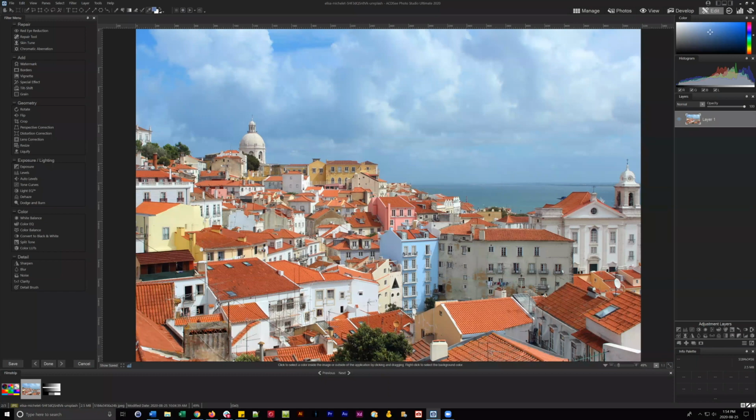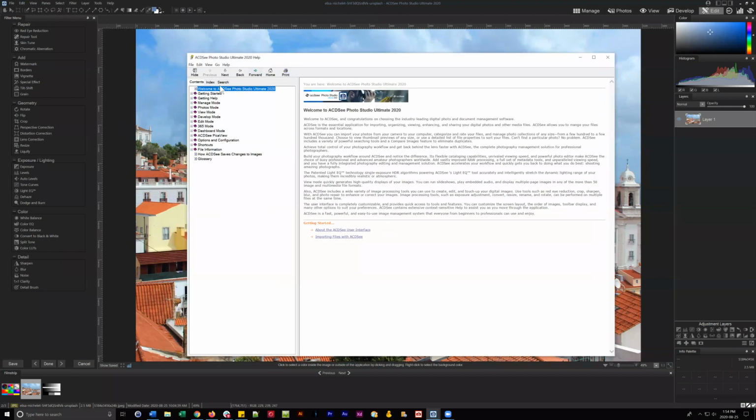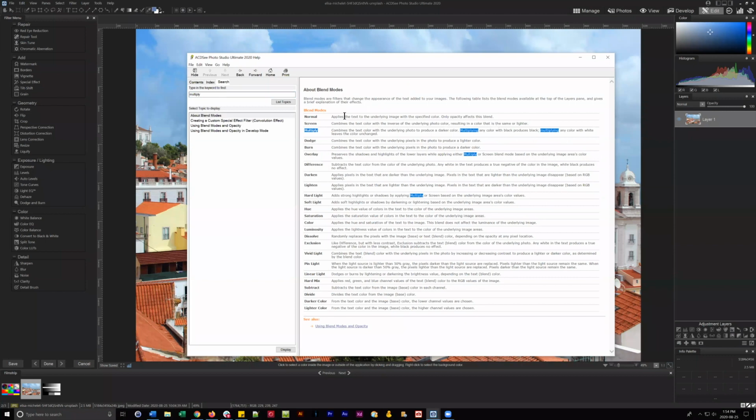Steve asked, hi Adam, is it worth mentioning that for reference, the ACDC help text explains what all the blends do, not as clearly in some cases as you have? Yeah, so if you go to, I believe our help contents here gives you the ability to search. So if we were to go to say something like, actually, let's go, multiply, see if there's a listing for it. But most of these things, yeah, so if you go into blend modes here, there's a brief description that applies to each of these blend modes, and gives you some more context on those. What I really wanted to do